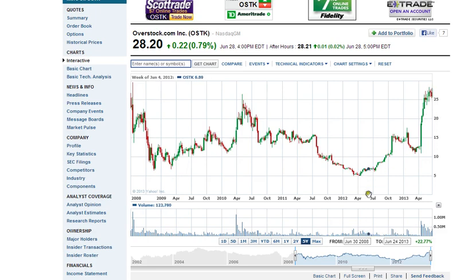So, I mean, think about it for a second. If you had bought Overstock down here at 5, you could sell it today for $28 a share. That's great. That's more than 5 times your money. But unless you are very familiar with this stock, who's to say that it wouldn't have gone all the way down to 50 cents per share down here instead of up? So you would have lost 80 to 90% of the money that you put into this. So unless you're watching very carefully this stock, you're taking a lot of risk to buy it.